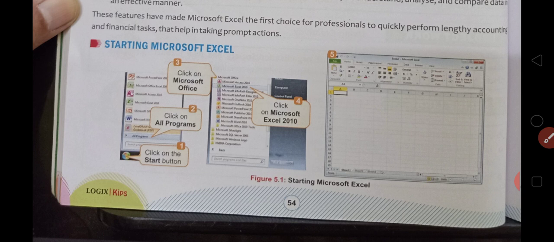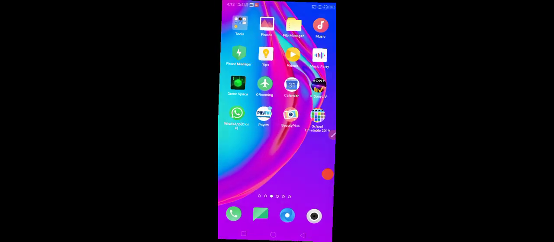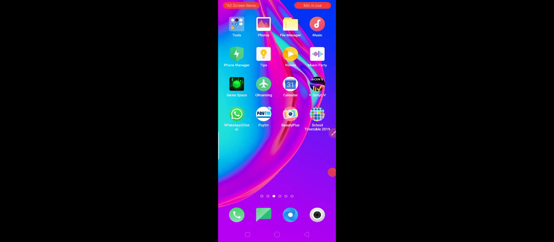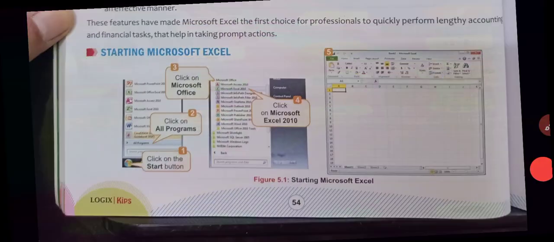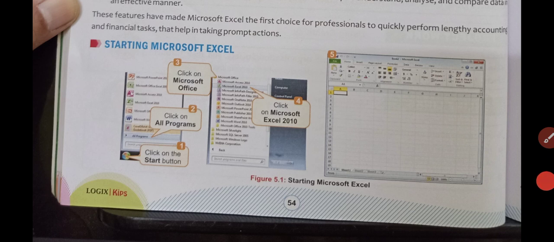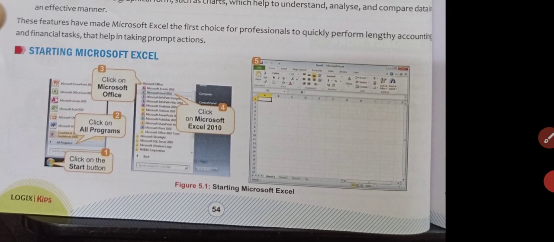And children, when we open this software, then a screen comes up, and in its text area, it is in the form of a grid, that is, in the form of small cells of rows and columns, which you can see here in this part, children. You can see the MS Excel which is present over there. So this is that grid children we are talking about.